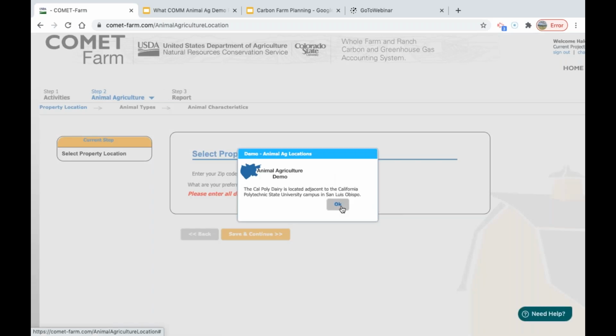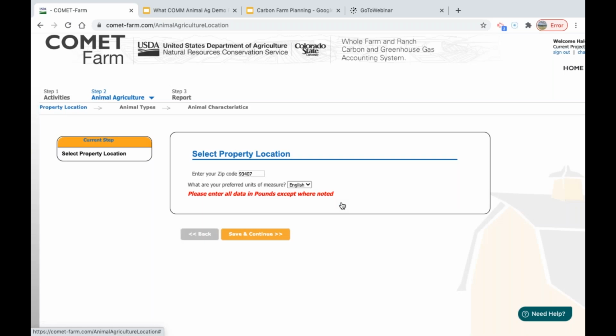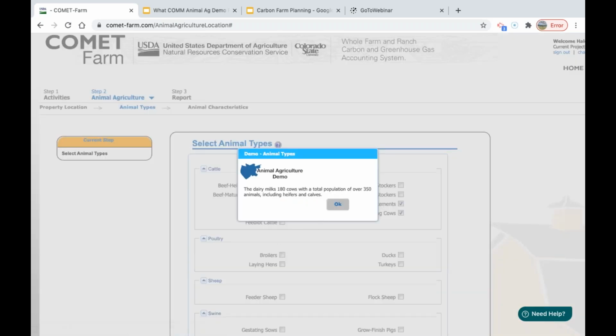I'm going to define my activities on any of the demonstration projects. If you participated last week on the Cropland, you also noticed some pop-up windows. On any of the demo projects, a pop-up window will give you some background information on where we got the data put into our demonstration projects. This is from Southern California, and your first task in Animal Ag is to enter your property location and your preferred units of measurement, which I'm going to select Save and Continue. Then they would like to let you know that there are 180 dairy milk cows with a total population of over